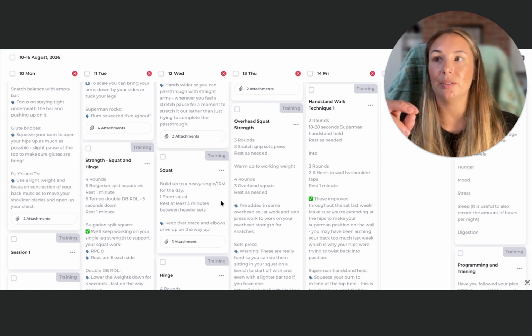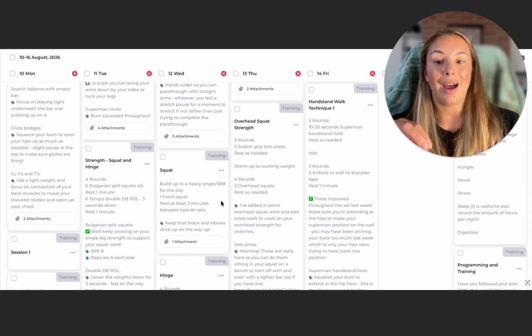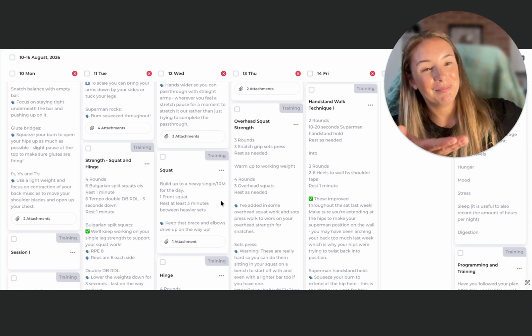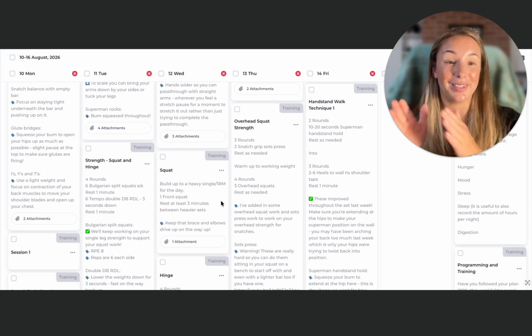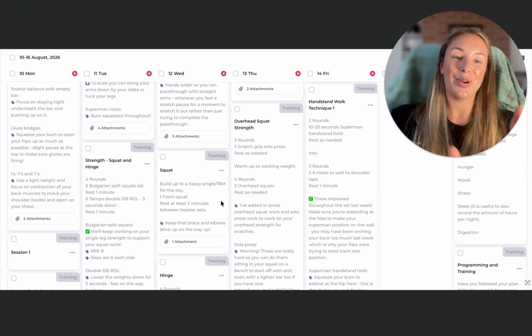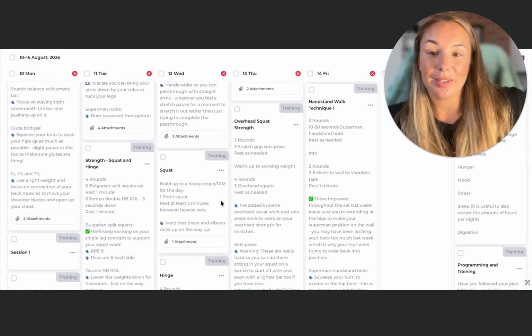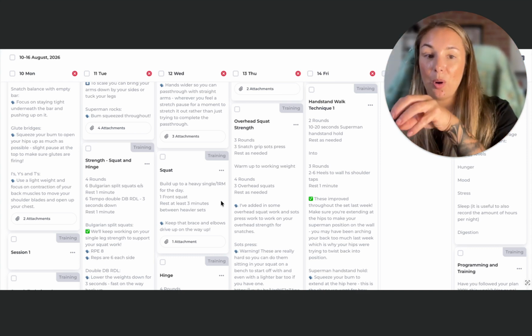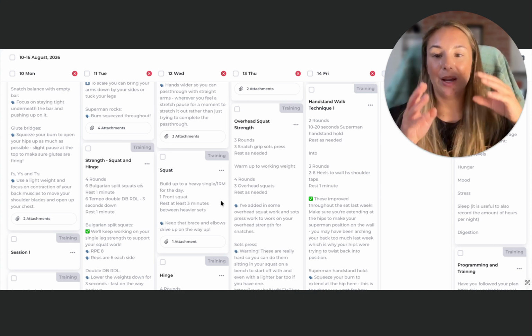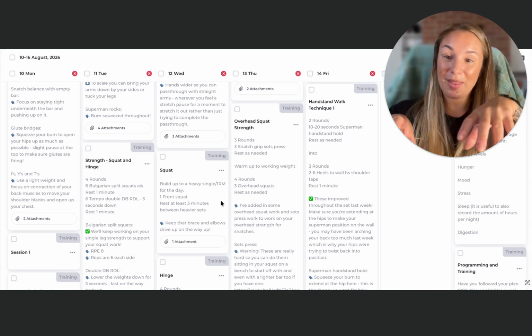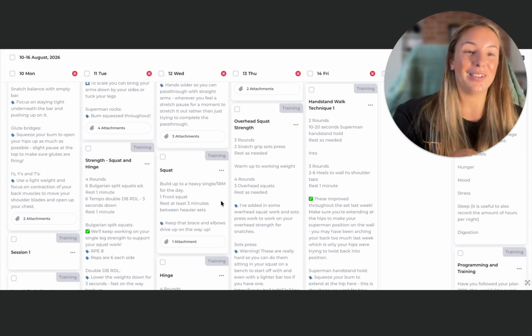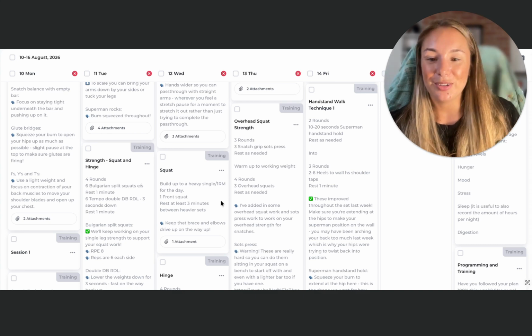But I think the thing to remember when it comes to getting a coach and going through programming and coaching is that we don't just do one assessment at the beginning of the block. There's nothing wrong with doing that. There's nothing wrong with doing a test week, doing some work and then doing another test week. But I think sometimes too much emphasis is put on, okay, I'm going to max out this week, I'm going to do a block of work, I'm kind of not really paying attention to that. And then because I've done that block of work, I'm going to test at the end of it and my numbers will have gone up. And it's not always that simple